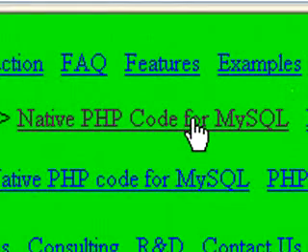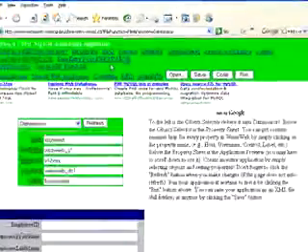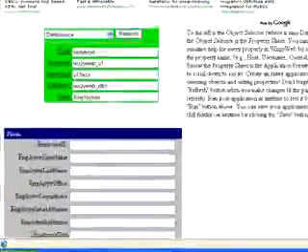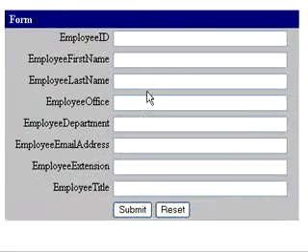Okay, so we're going to select native PHP code from MySQL, which is the best option if you're using a MySQL database, because you're going to get PHP code specifically designed to run fast with MySQL. So let's click that option, and you'll see down here a default form was generated from the default database here